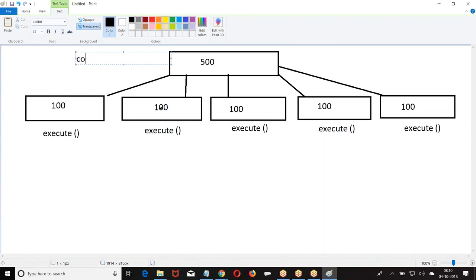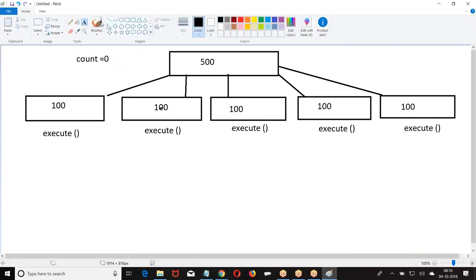Now in this class I have count equal to 0. Count equal to 0, then the start method is invoked, 500 records are fetched, they are divided into 5 batches. On every batch execute is running.